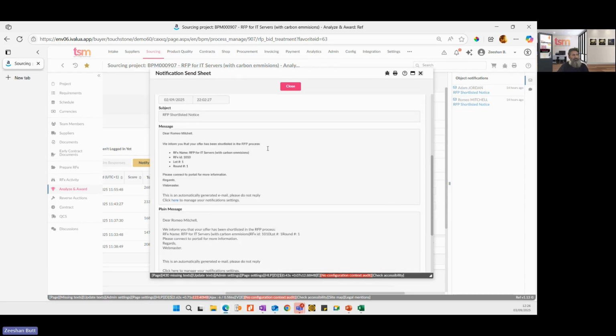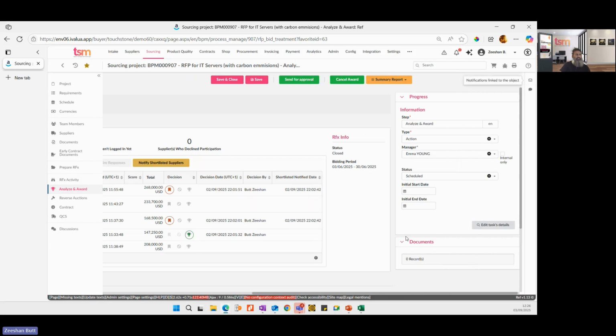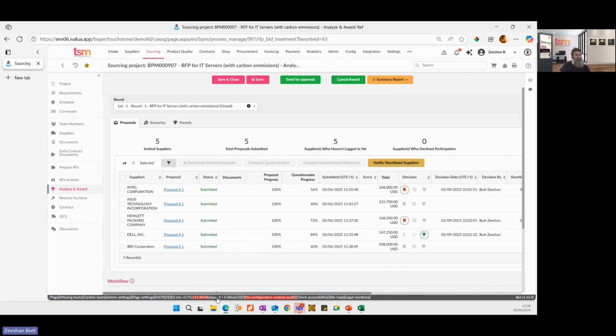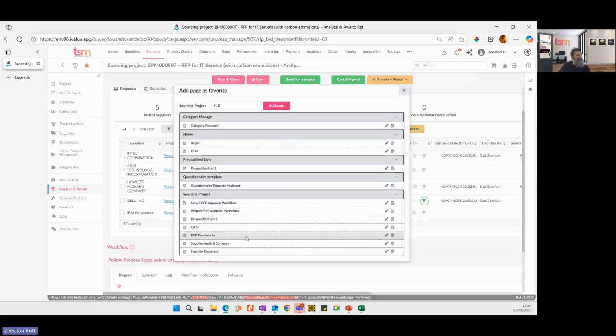Okay, we would like to inform you that you've been shortlisted. And that email can be changed, as we all know, in Ivalua. But this is really nice to have from an audit point of view. You have the workflow, you have the key dates audited in the system as well. Okay, so the next one I want to show you is in Ivalua, we can have a summary or audit,